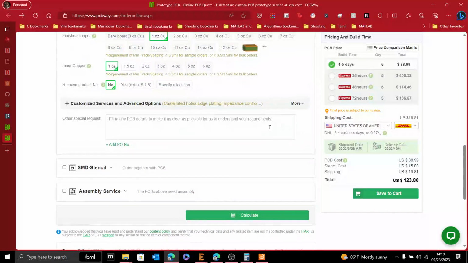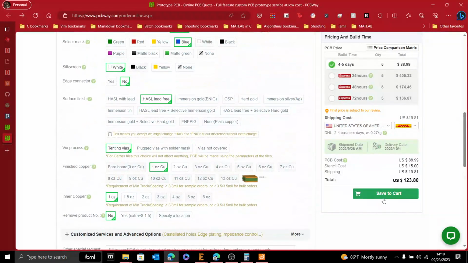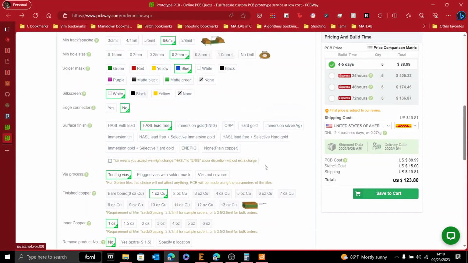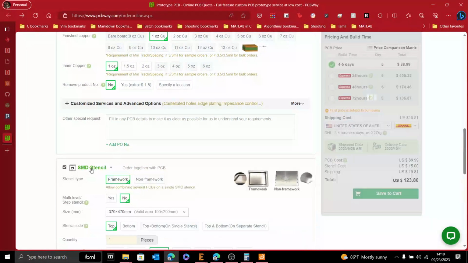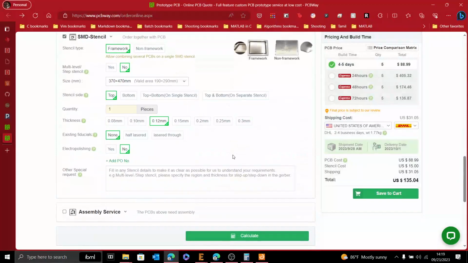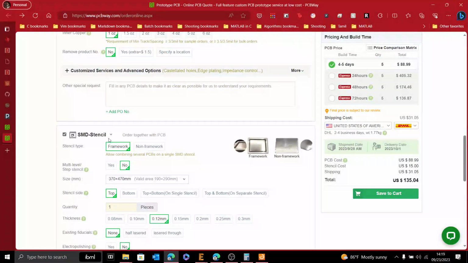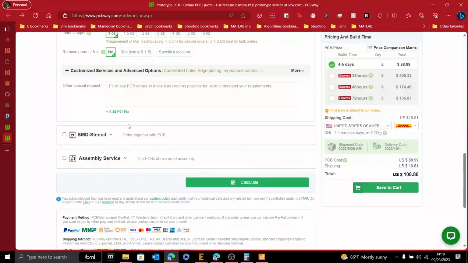You would lay all this out. And I'm not going to go any further because I don't want to accidentally buy another set of these. Oops, I accidentally have this stencil selected. How do I remove that? Well, it doesn't matter. There we go. So I'm not going to go any further. I don't want to accidentally spend another $100. But you would click it, and then you upload the Gerbers, and